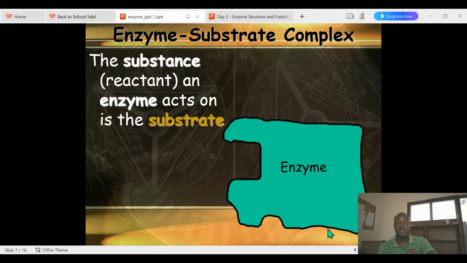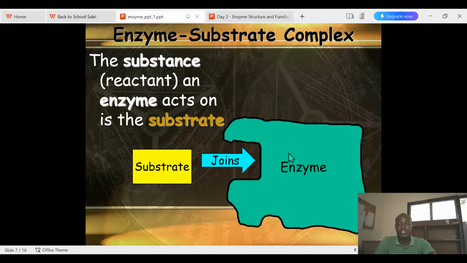And this is how enzymes usually act. So we have an enzyme here and we have the substrate. The substrate will now join the active site. So it will now enter the cleft. It will enter the active site of the enzyme. So after it enters into the active site,